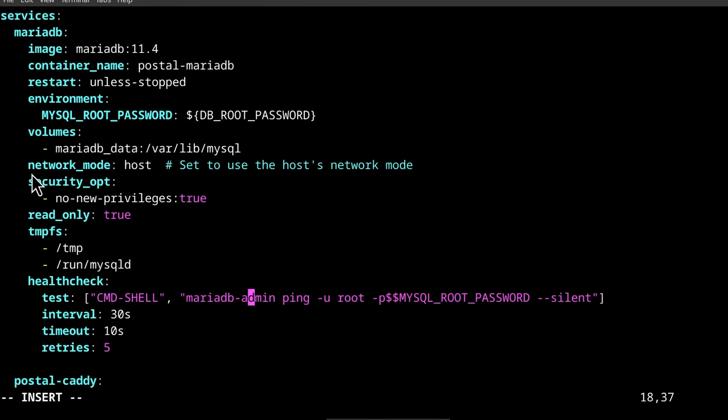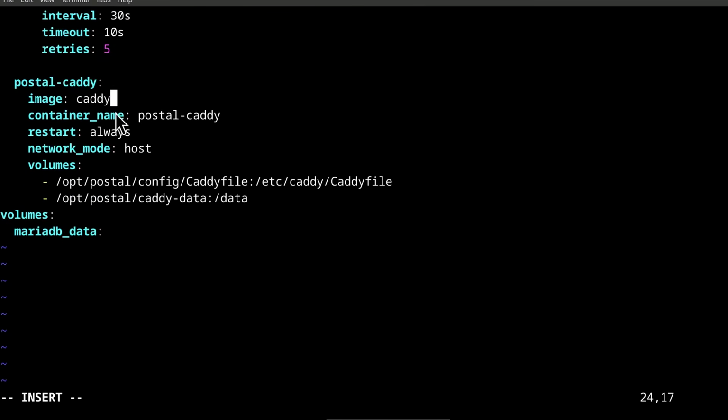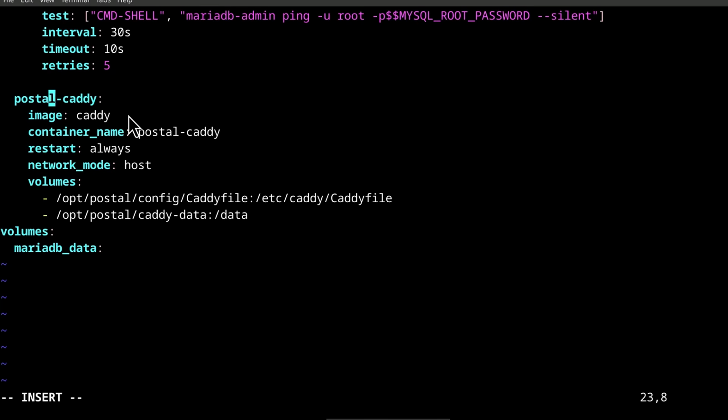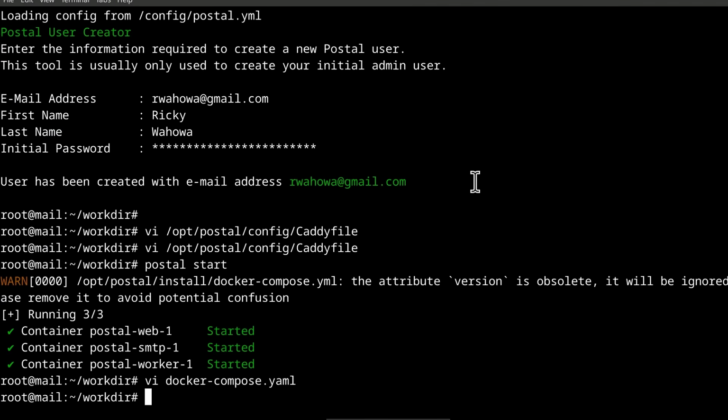These are 2 spaces, and this is 4 spaces, and it should now be correctly formatted. And then I'll just escape, Shift ZZ, and now I can rerun my Docker Compose.